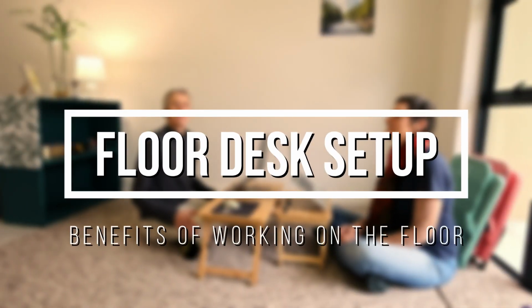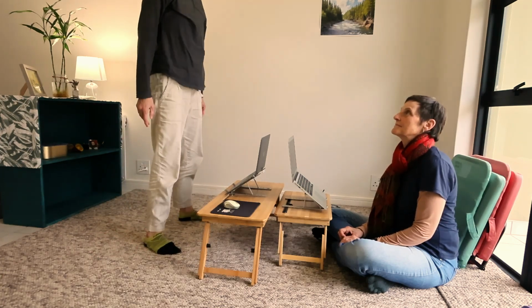Let's talk about some benefits of why it's great to sit on the floor with a bamboo table rather than a regular desk and chair. For one thing, it promotes movement, so it's easy to get up and sit down. You can just move your legs around to change positioning quite easily. You can sit any old way you like, your legs can be anywhere,